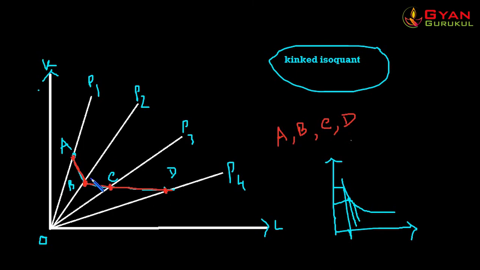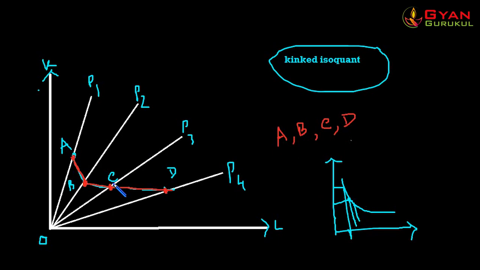But here you cannot produce at any point and get the same level of output. In the conventional curve, production at any point throughout the curve will give you exactly the same amount of output, while here production at only points A, B, C and D will give you the same level of output. That is why we call this continuous substitutability, and we call this limited substitutability.